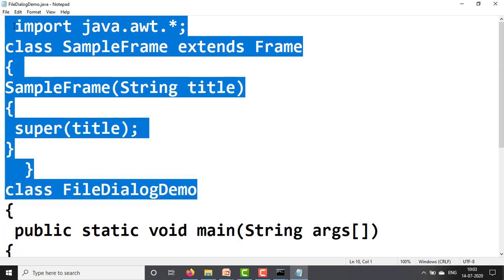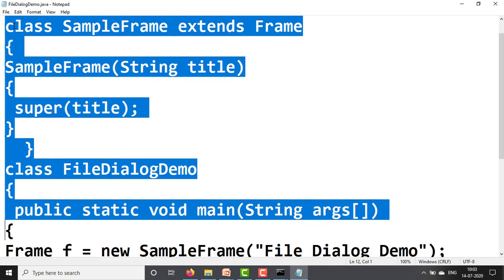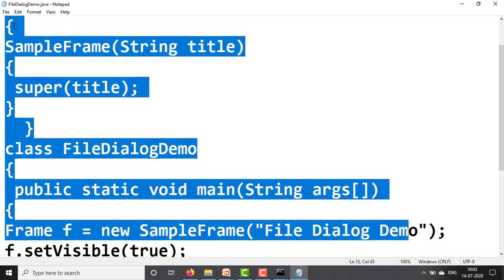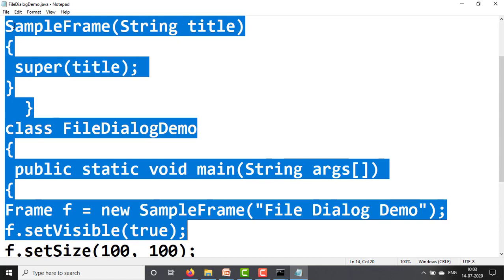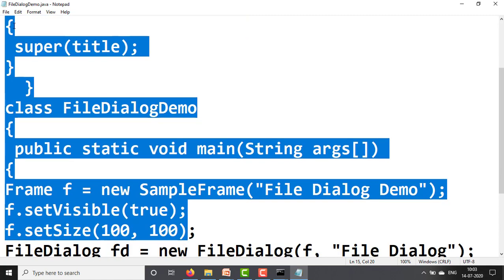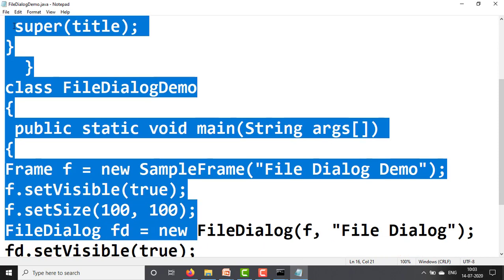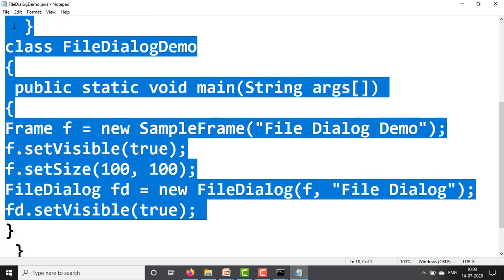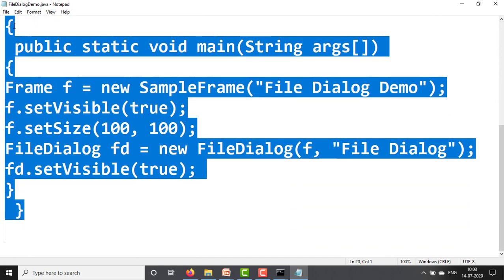Next, class FileDialogDemo, public static void main(String args[]), Frame f = new SampleFrame("File Dialog Demo"), f.setVisible(true), f.setSize(100, 100), FileDialog fd = new FileDialog(f, "File Dialog"), fd.setVisible(true), close the main method, close the class.